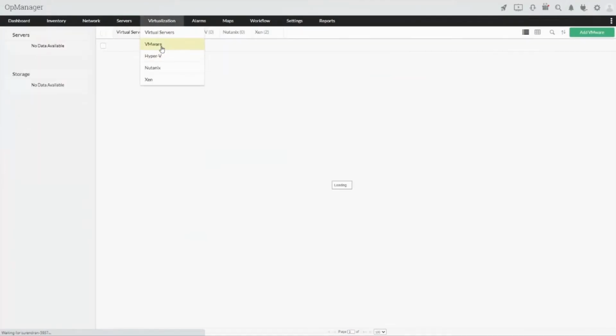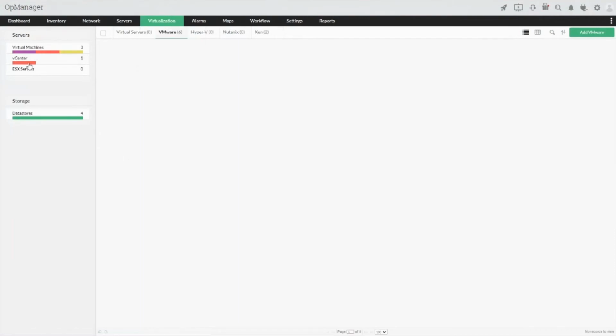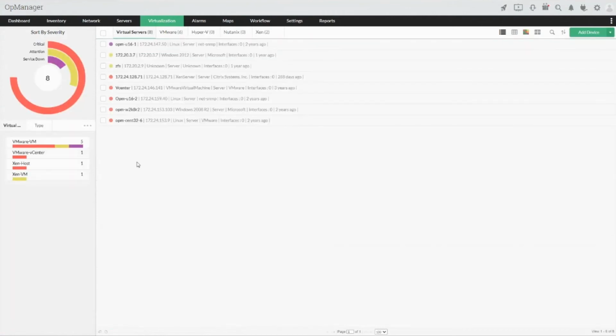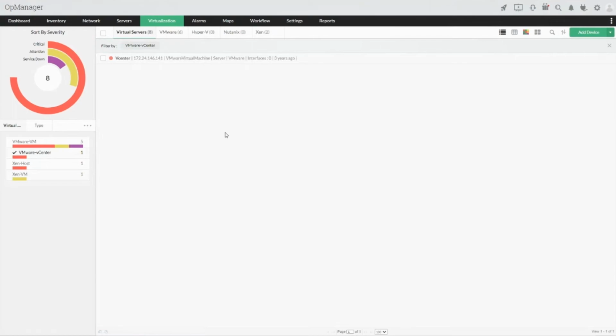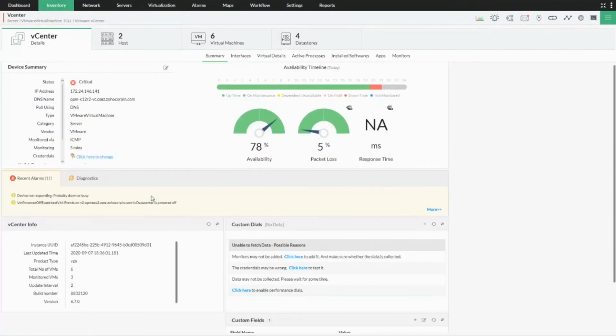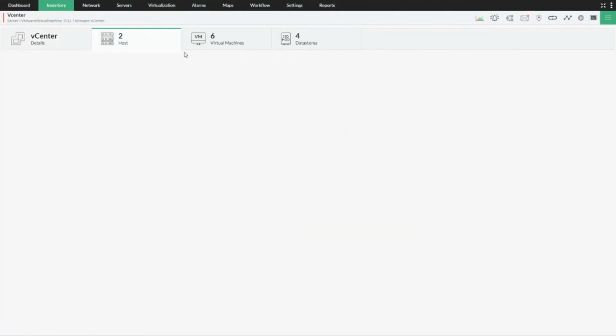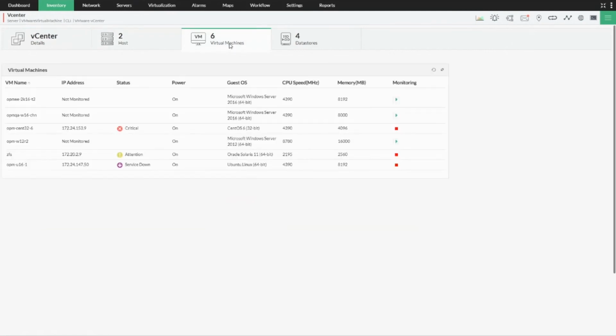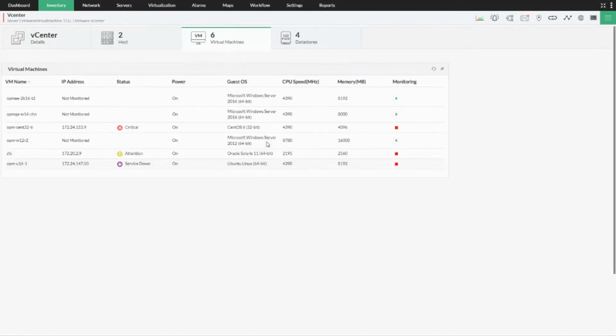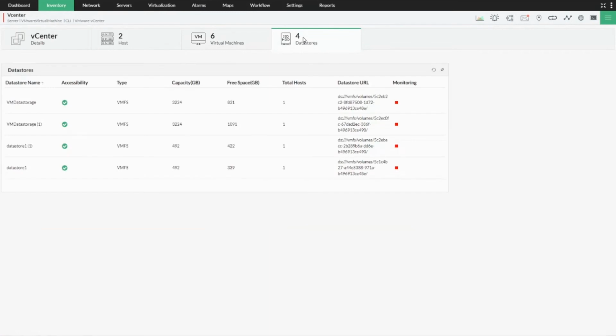So now let me take you to the product and show you the various virtual environments or the virtual metrics which you can monitor as soon as you add a device to OpManager. So for example, when you add a virtual device to OpManager, this is how the information is going to come in. So under a vCenter, you would be able to see the various hosts which are under them, the virtual machines which you are monitoring and which are present inside them, and also the data store based monitoring and the data stores which are available in them, and what are the various metrics which you can monitor with respect to the data stores.